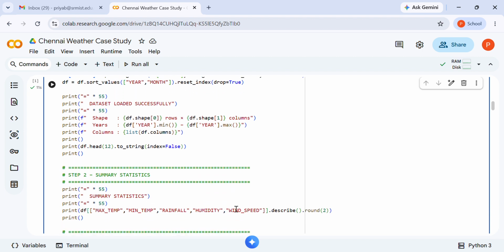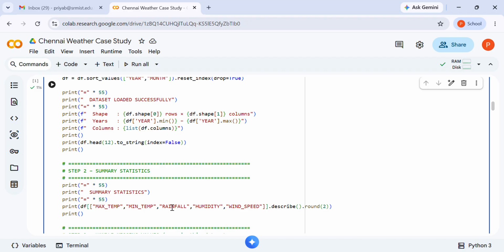Coming to the second step, this step calculates the statistical count, mean, standard deviation, 25% value, 50% value, 75% value, as well as the maximum value for the numerical weather variables like maximum temperature, minimum temperature, rainfall, humidity, wind speed, using the describe method.